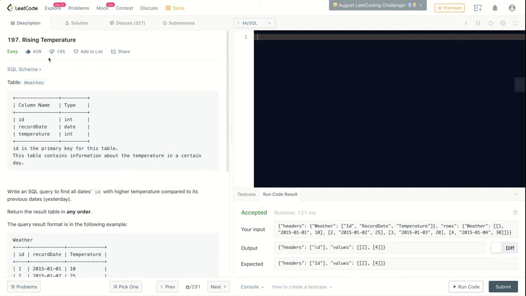Hey, what's up? This question is called Rising Temperature. So basically, you should read the description, but we have a table called Weather. It consists of 3 columns: ID, which is an integer and the primary key. We also have recording date, which is a date, and the temperature, which is an integer, that's the temperature for that